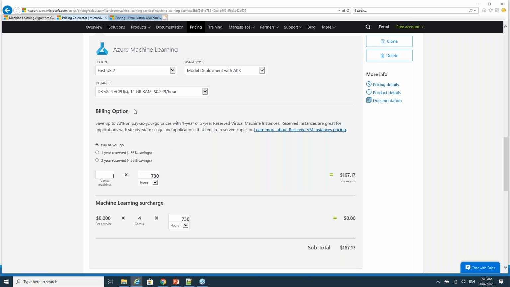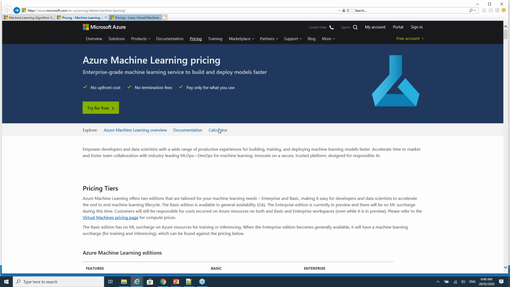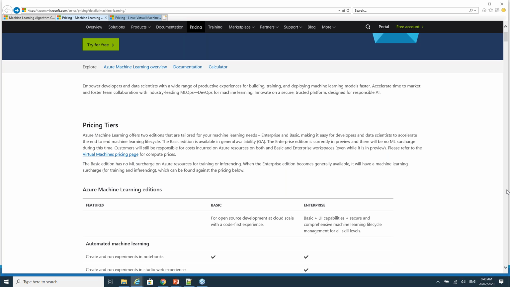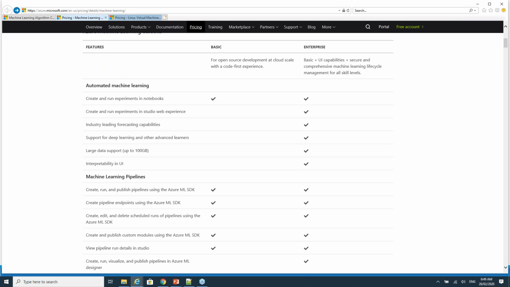And at this moment, it is in preview stage, which means the enterprise one is currently in preview. Let me show you that also. The idea behind that is that a lot of people were using the Azure Machine Learning Studio, the Studio one, and Microsoft is migrating any models that were created there and folding them inside here. So if you're thinking, I have an existing model which is not part of this, how does it get folded in, Microsoft will do that migration for you. Just coming in here, yes, Enterprise is in preview currently.